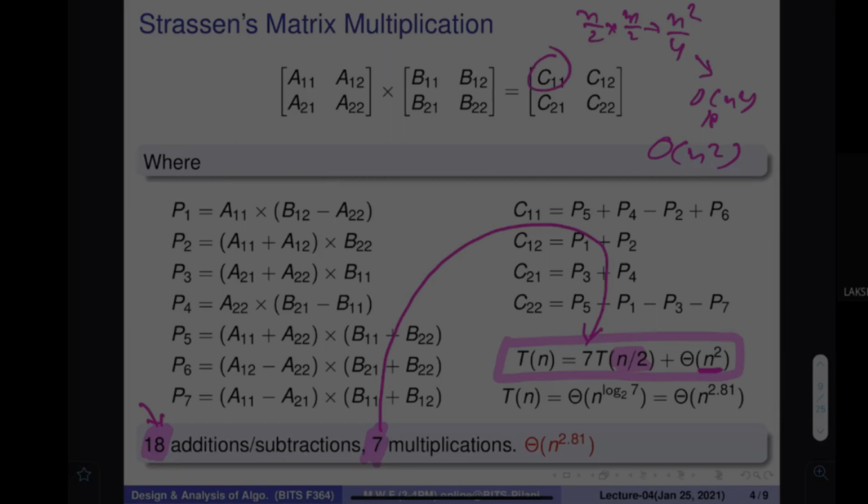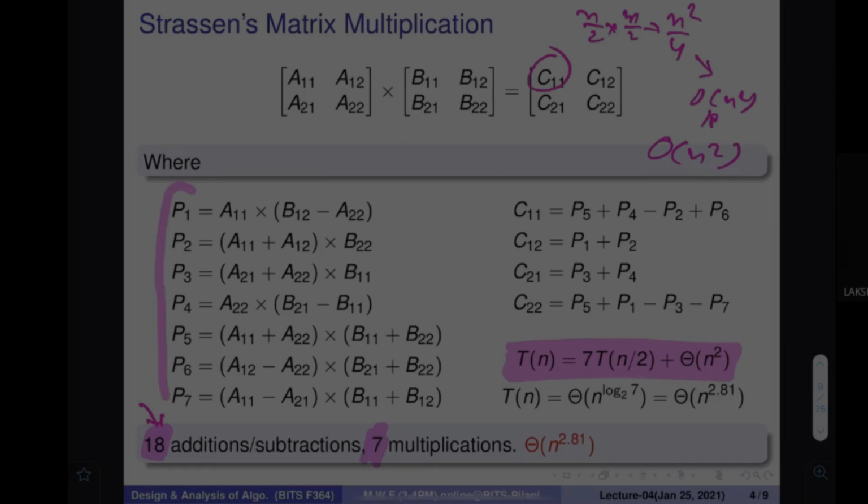Any question on that? Everybody happy with this? Any questions? You may ask how he came to the idea of these P's, where they are coming from, and how we can combine them to make this. I'm not going into that much detail, and it is not provided. That is not needed at this moment. What is needed is only the recurrence relation that arises, and that the answer you compute is going to be right.